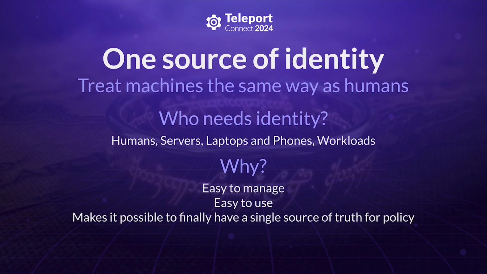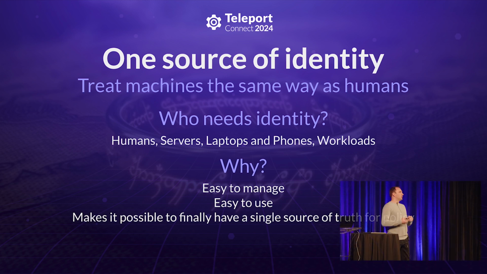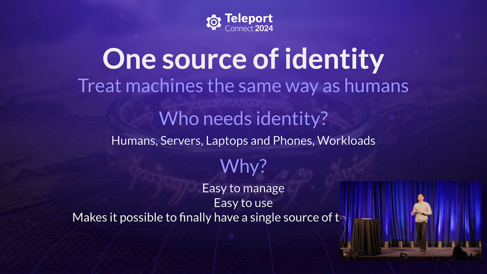Advice number one, and this is not specific to Teleport, but I do hope that this advice will be generic enough. Have one source of identity for everything. What I mean by this is that there should be a single system, a single source of truth for identity of devices, cell phones, laptops, servers. All hardware identities need to be in one place. Then you need to have identity of people in the same place. Then you need to have identity of workloads, identity of software you're building, also in that same place.